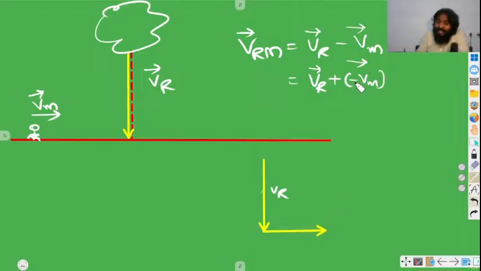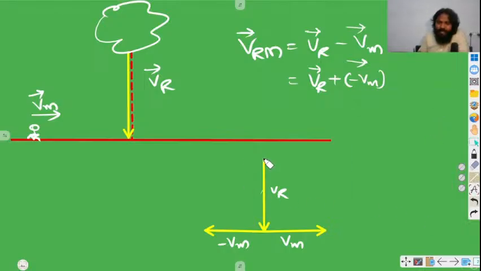But here, what is there? Minus vm means you have to take it in exactly the opposite direction. Same length, exactly opposite. So now here, if it is vr, this is nothing but vm. And what about this? Minus vm. Now what is the resultant here? The resultant is nothing but